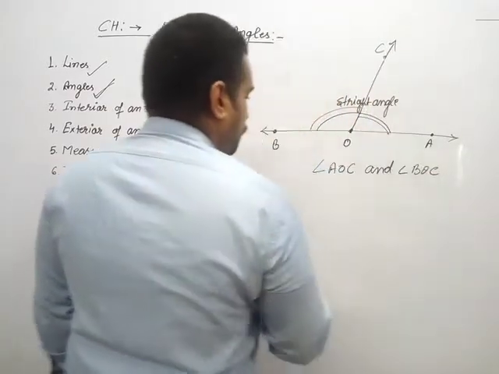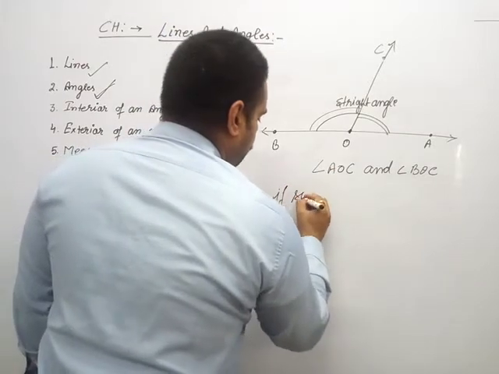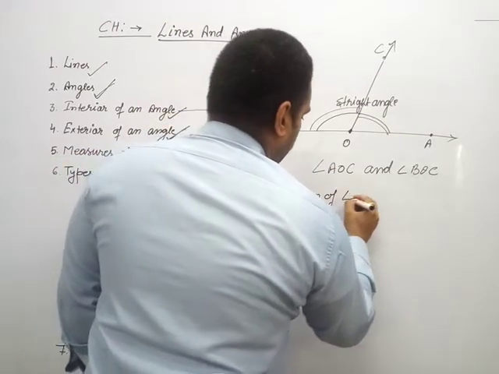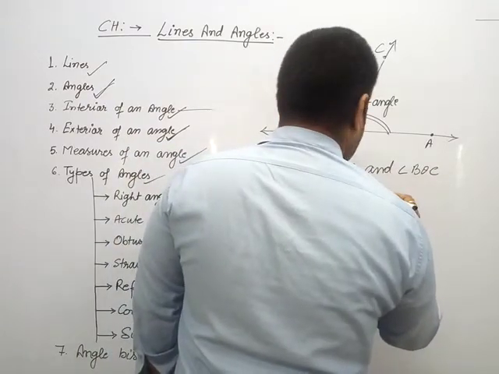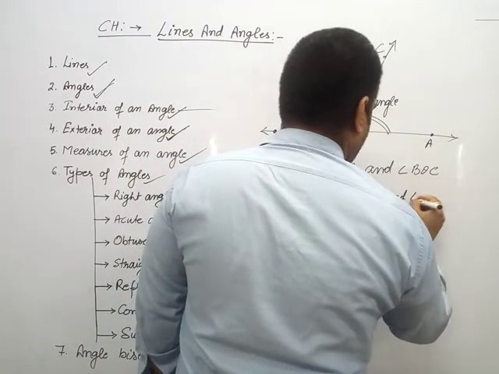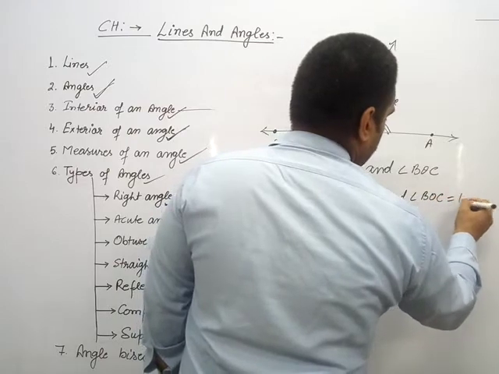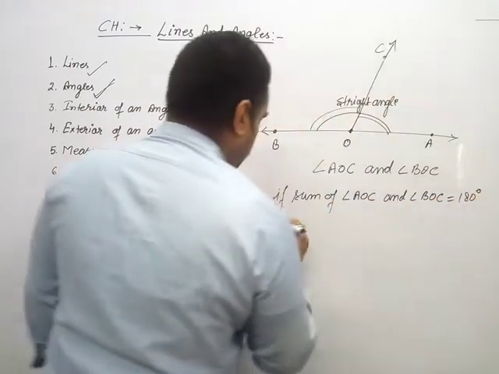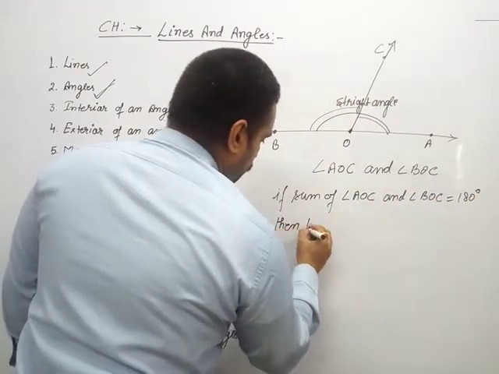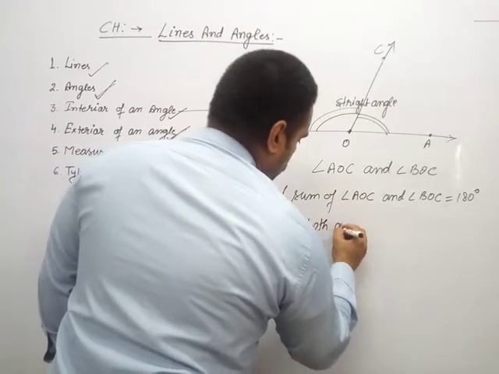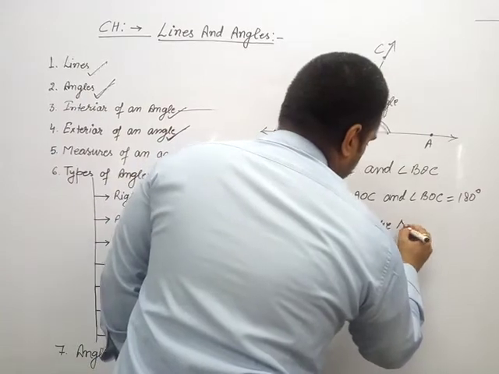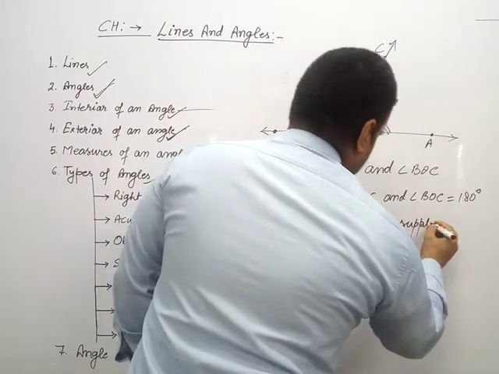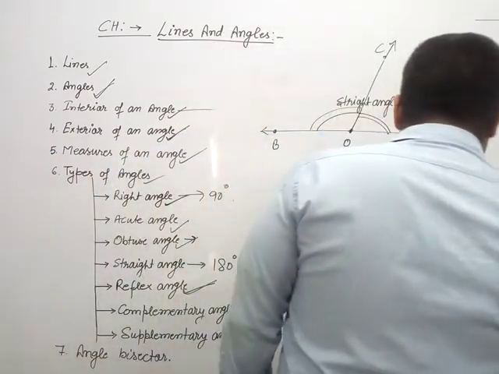If the sum of angle AOC and angle BOC is equal to 180 degrees, then both angles are supplementary angles